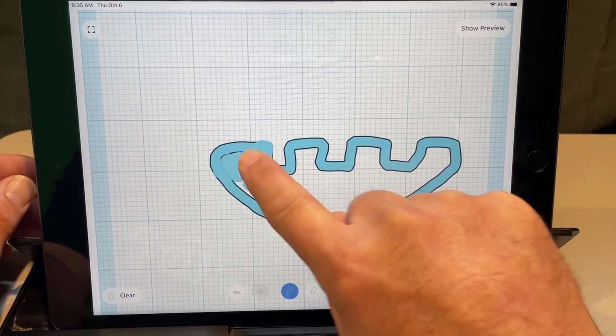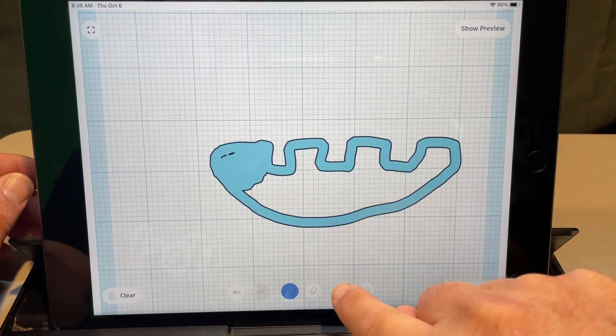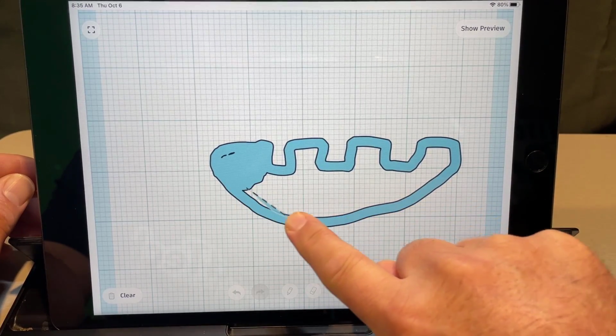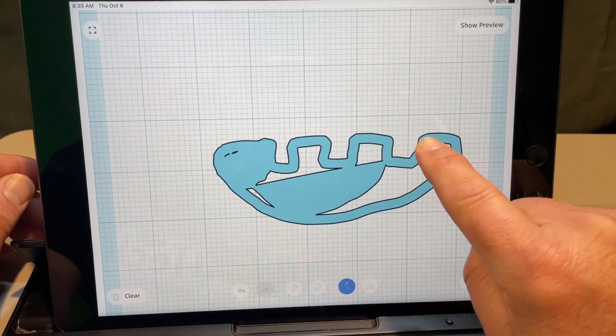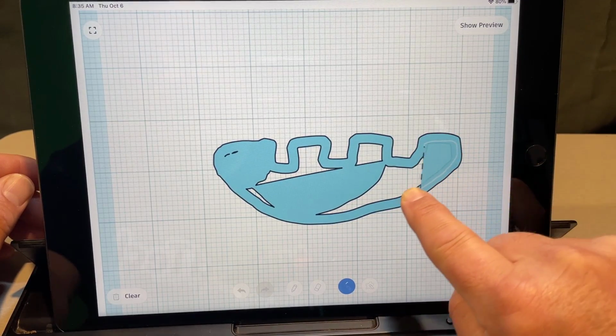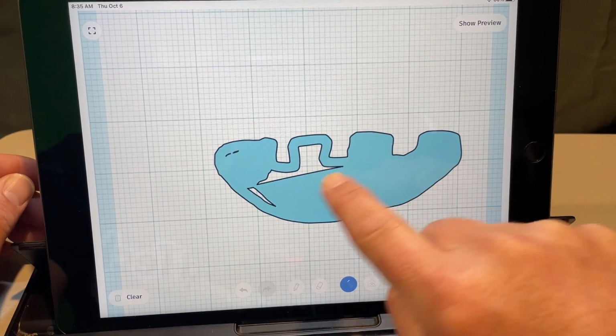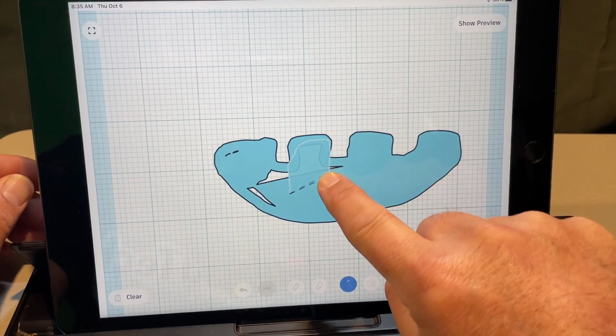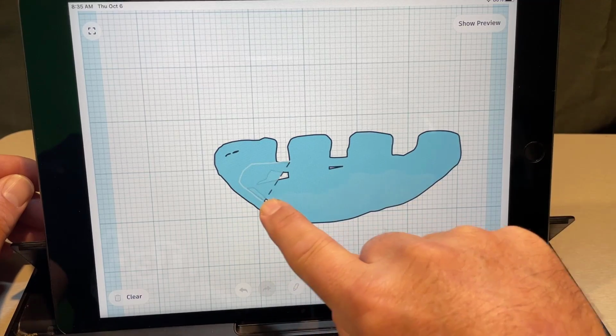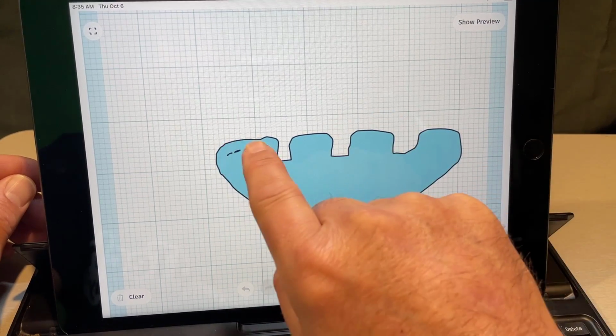You can just scribble it full. You can also switch to this tool and you can select areas to fill a little bit faster. Whichever technique you prefer. You could actually draw your whole smile with this tool as well. I'm going to show you one other thing. If you want this to be straight,